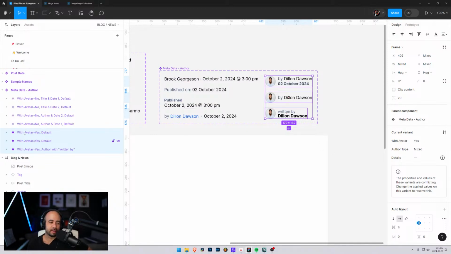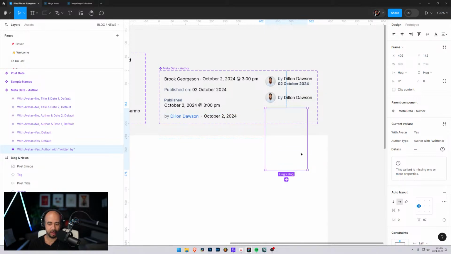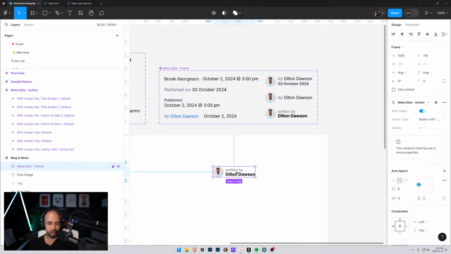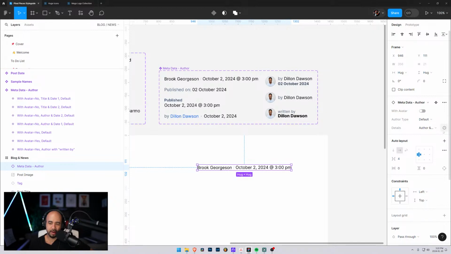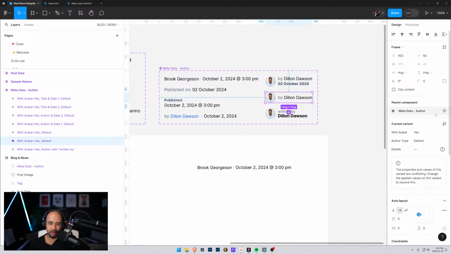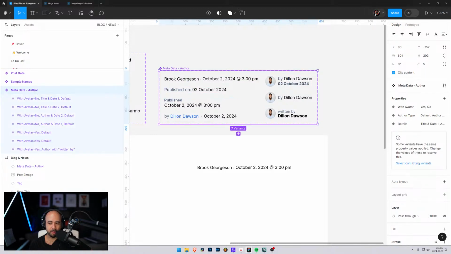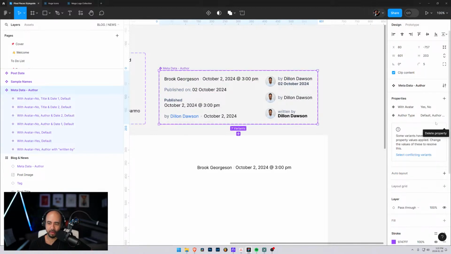Okay. All right. So my thinking was that I could only apply, once I select, okay, let me just see if I can talk this out in my brain here. So when I create this one and I say with or without avatar, I want it to show only the variant that is associated with something that has avatar. So it's not going to work. So I think what we're going to have to do is just keep it simple for this. Remove this one,